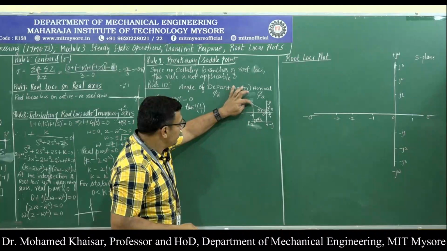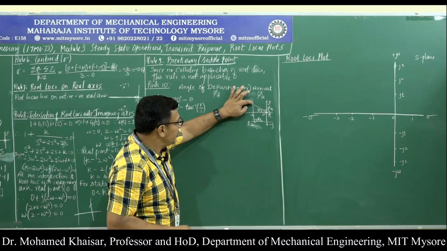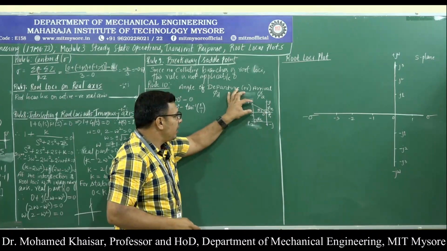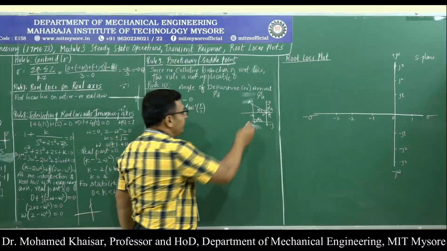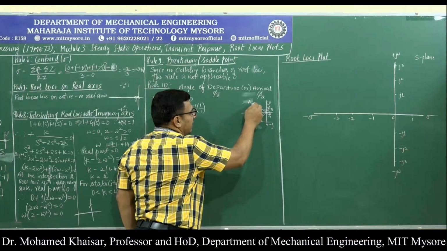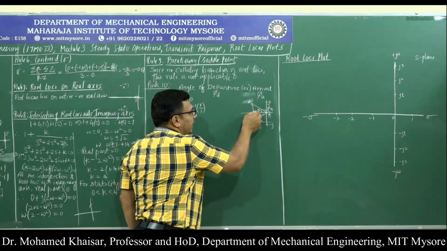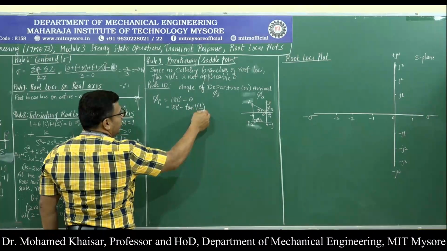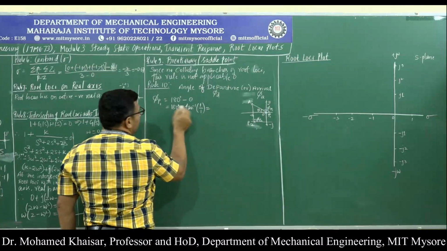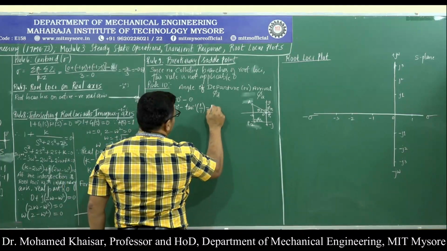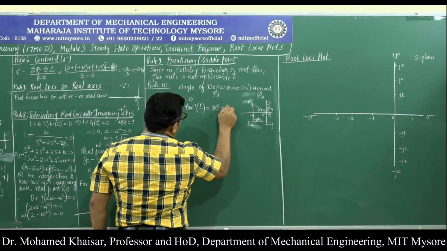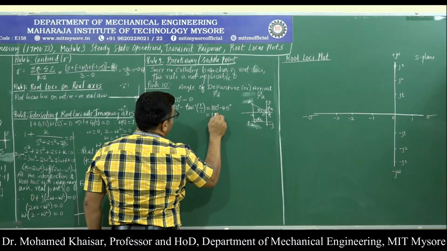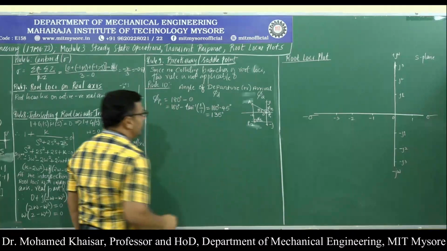If you just see over here, this is -1 plus j. -1 plus j means along the x-axis it is 1, along the y-axis also it is 1. That means the opposite side to the angle theta is 1, adjacent to the angle theta is also 1. So tan inverse of 1 by 1, opposite side by adjacent side, will give me how much? 180 degrees minus tan inverse of 1 by 1 is 180 degrees minus 45 degrees, since tan inverse of 1 by 1 is 45 degrees. Here I am going to get it as 135 degrees.